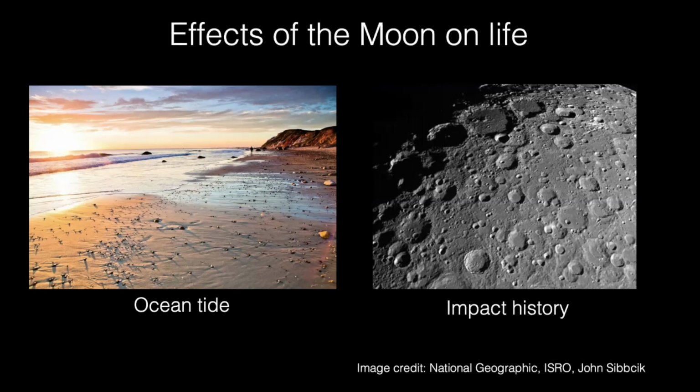The presence of the moon affects life on the Earth. The ocean tides are partly caused by the moon, and ocean tides are very important for biological activities on the Earth's surface. And also, the moon tells us the impact history. Since the Earth has plate tectonics and weathering, the impact craters have been eroded over the years. But this is not the case on the moon's surface. Therefore, the craters are well preserved. So by looking at the moon, we can understand the impact history of the moon and also the Earth.